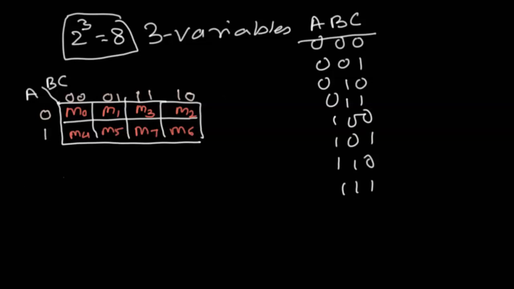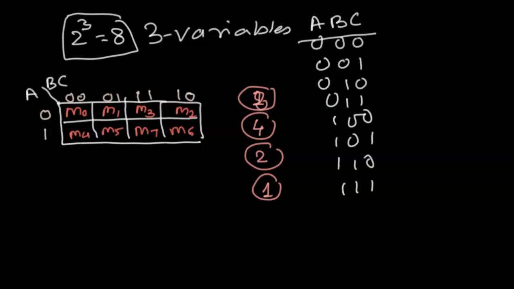Now grouping changes a little bit when the variables increase, that means the cells increase. So let's see how we can group them. As I mentioned before, the grouping first starts with the highest power. So the highest power is the number of cells. So we have 8 cells. If all the cells have 1 in them, all of these cells can be grouped as one thing. Second, it can group as power of 4. So 4 cells can be grouped together, and then 2 cells can be grouped together, and then individual ones can be grouped together. So these are the 4 possibilities.